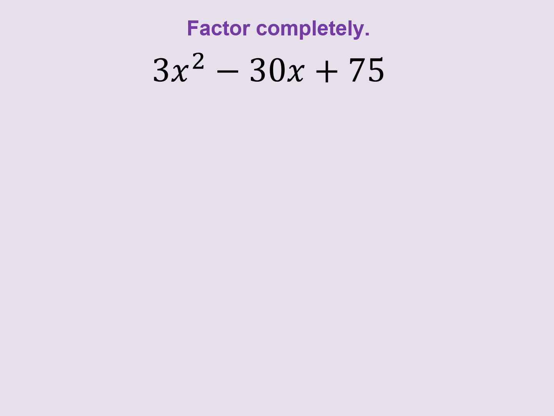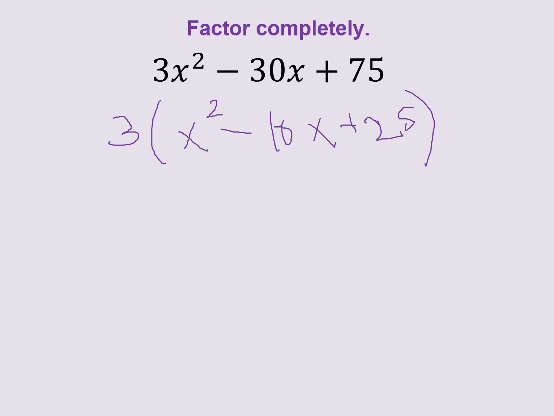Next one. First question always, anything in common? Oh, they all have a 3 in common, so I'm going to factor out a 3. When I do that, I'm left with x squared minus 10x plus 25. Well, I might not be done, so I need to look at that